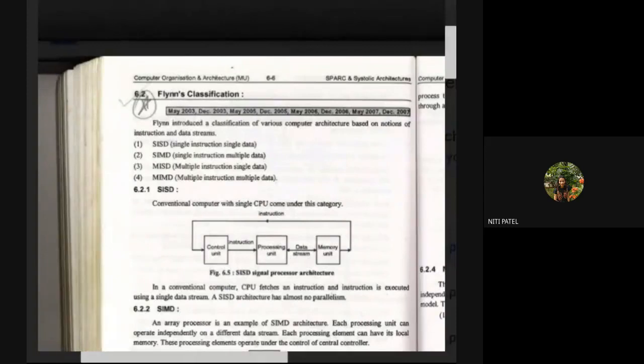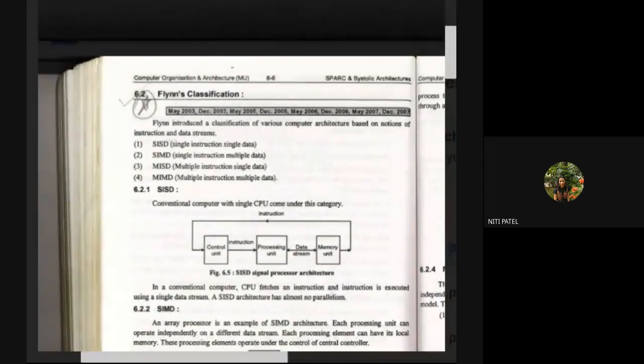So all the transfer of the data from control unit to memory unit and from memory unit to processing unit will be done by your data stream. That is nothing but the data line. What is going to get transmitted on this data stream is the data. But data of what? The instruction that a user provides. So when I write a program, my program is nothing but a set of instructions. These instructions will be divided and then given on this data stream.